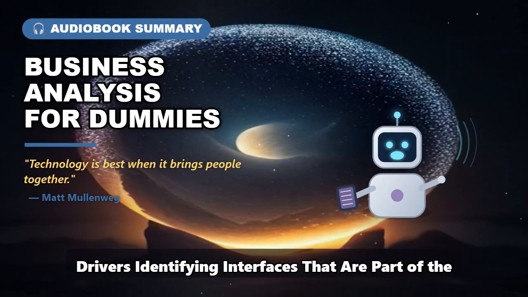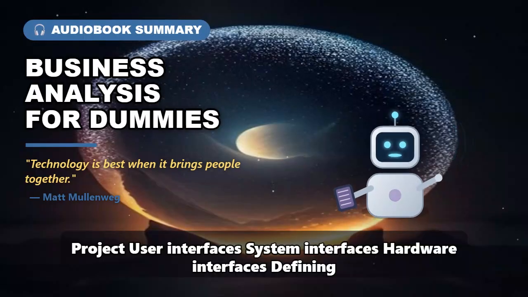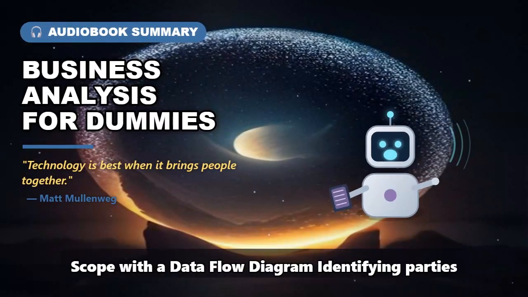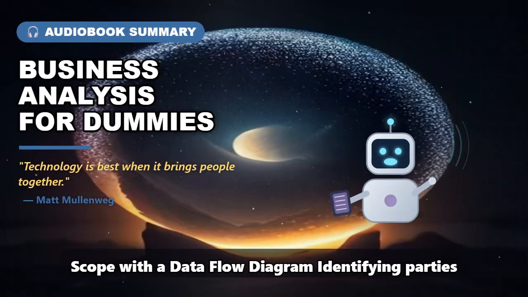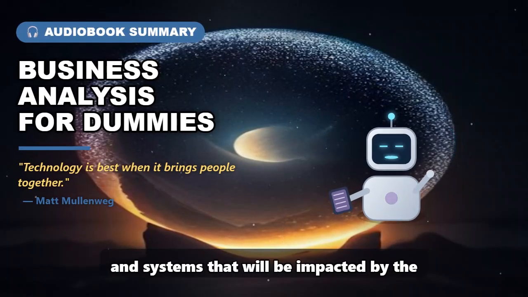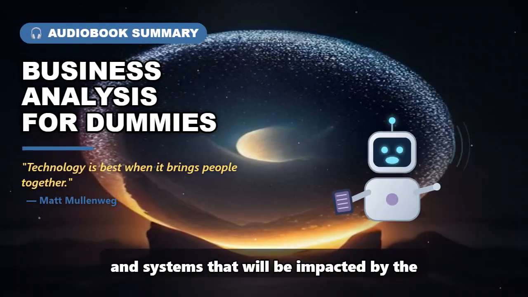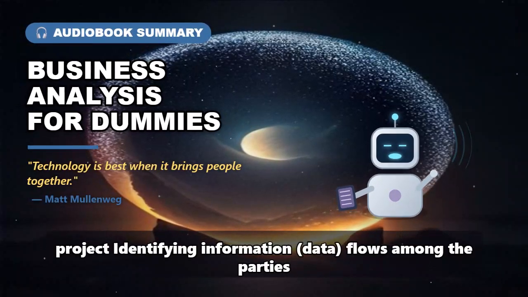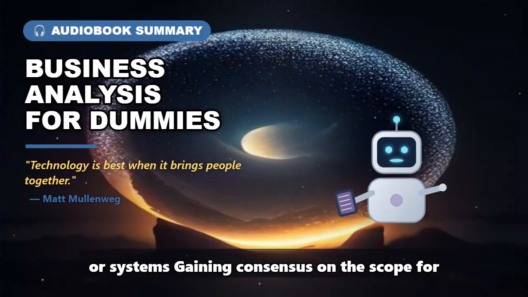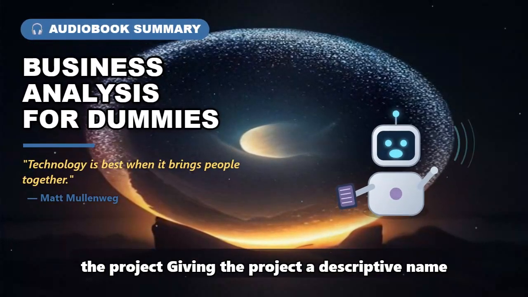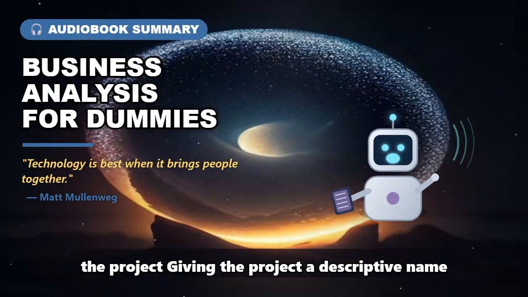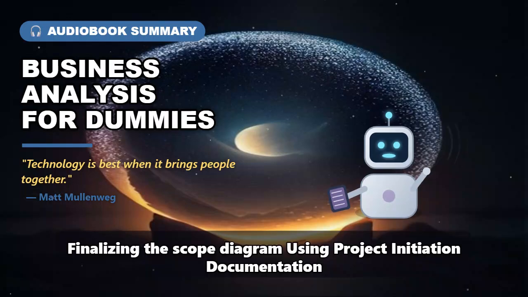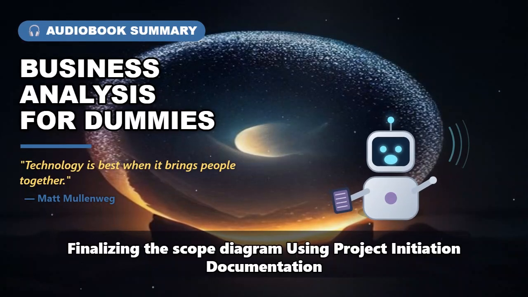the project: user interfaces, system interfaces, hardware interfaces. Defining scope with a data flow diagram, identifying parties and systems that will be impacted by the project, identifying information data flows among the parties or systems, gaining consensus on the scope for the project, giving the project a descriptive name, finalizing the scope diagram, using project initiation documentation to clarify scope,